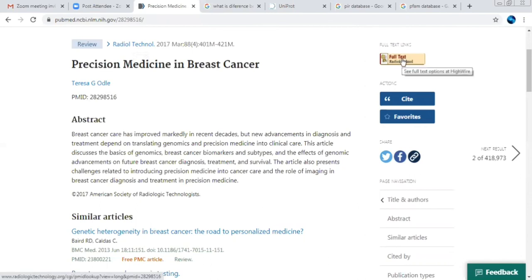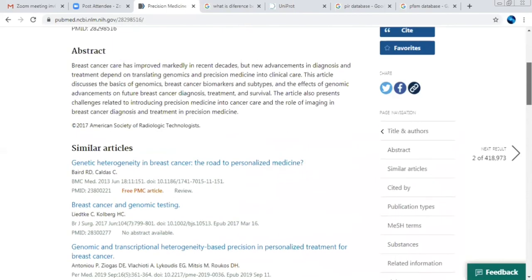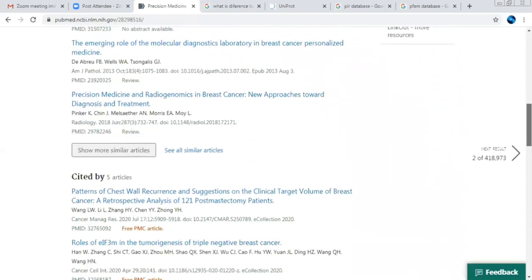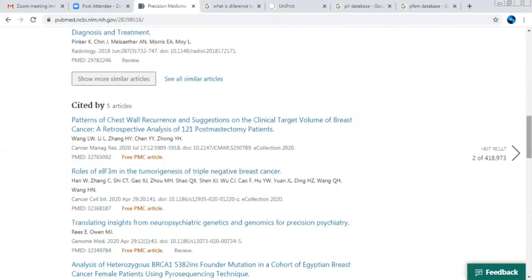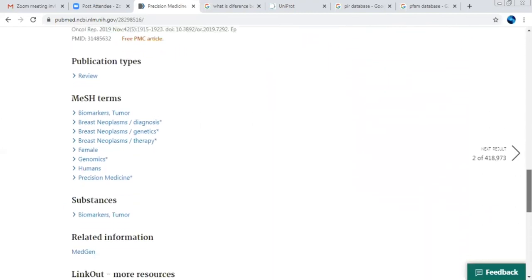You can click and visit the citations. This number of options they provide, and you can visit similar articles, and cited by, meaning how many citations there are for this publication. What type of publication is it? It's a review, and certain MeSH terms have been given: biomarker, tumor, breast cancer, neoplasm, diagnosis.